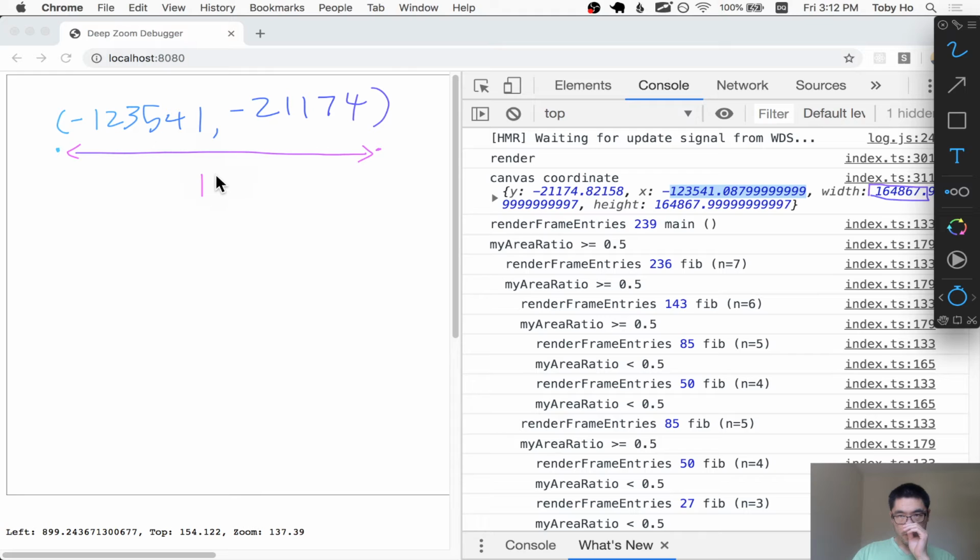Width is 1, 6, 4, 8, 6, 7. Then if you add this number to this number, you would get 6, 4, 8, 6. It's approximately 41,000. Okay, this is approximately 41,000-ish, and then